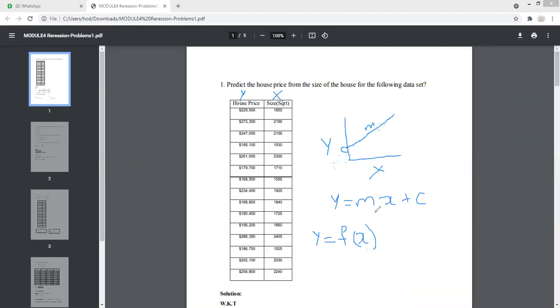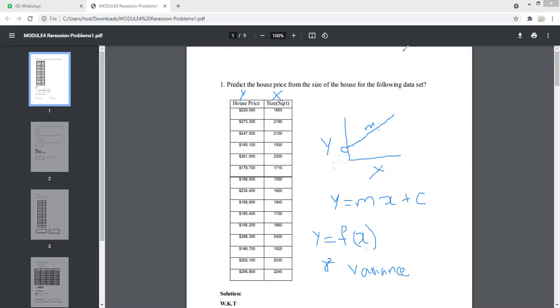So what are we supposed to find out? One more thing we have to find out is r. Here we are not supposed to find it, but generally it is given. r is called the correlation coefficient. When we take r square, we call it the variance. It has a formula. The variance will tell you how strong the correlation is between x and y.